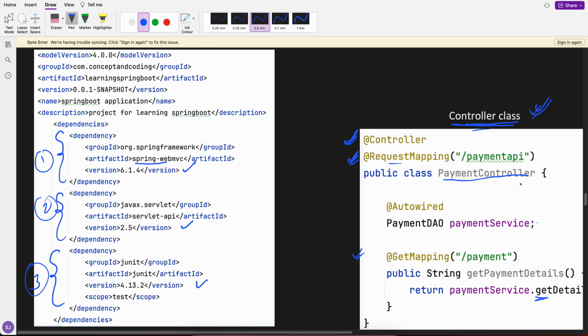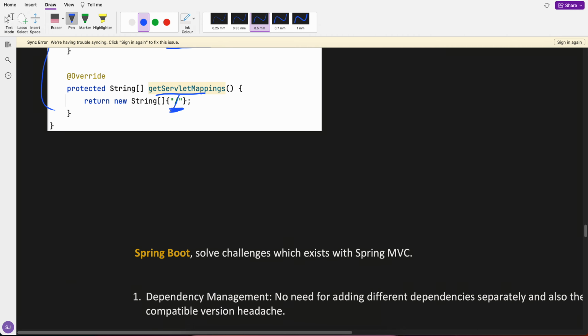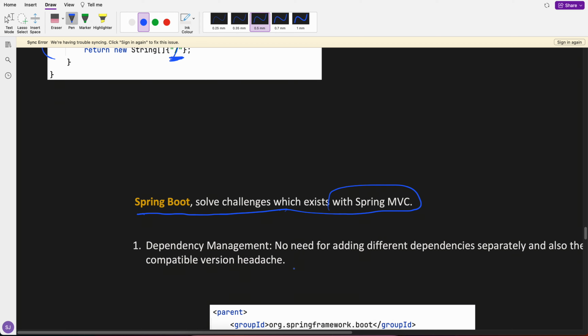Now you can tell me, hey Shreyansh, why is Spring Boot required? What problem does Spring Boot solve? Why does it exist today? Spring Boot solves challenges which exist with Spring MVC. 3 big things. First,